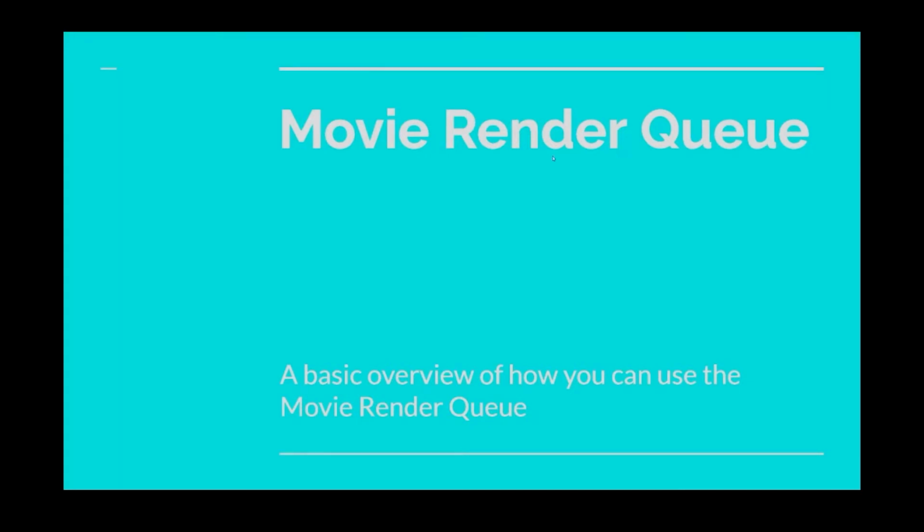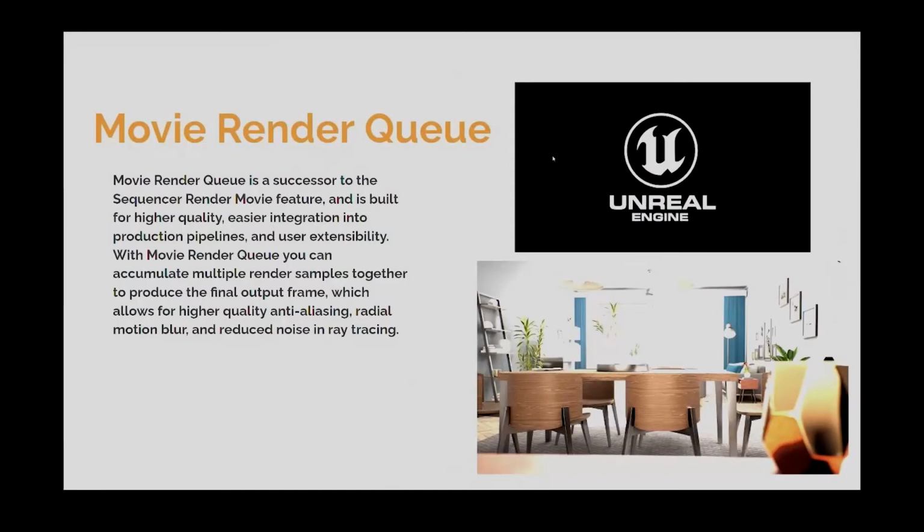So, boom. What's the movie render queue? Well, the movie render queue is this really cool new beta software that is being used to render out and have a little bit more control over with the Unreal Engine, which is really cool. You can do a lot of extra things with it. You can choose how many output frames you have. You have a lot higher quality using anti-aliasing and dealing with motion blur and reducing a lot of that extra stuff,